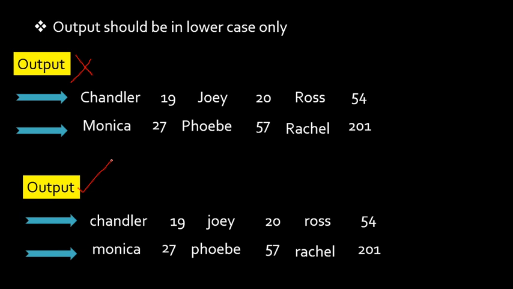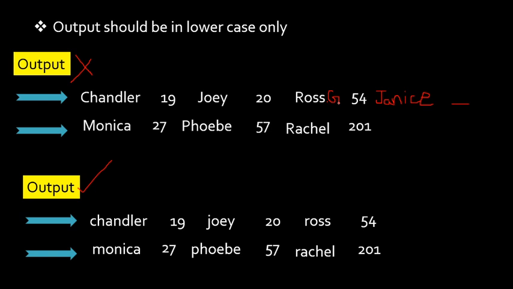Okay, so we will have many confusions here. What if I add one more name here? Say Janice. Okay, I'm adding one more name here. We will have doubts like what if they don't give a number at the end, right? So if I stop it with Janice and if I don't give a number at the end, what will happen in scenarios like this? Or what if the name contains special characters? For example, Ross dot G. If I had some special characters like this, what will happen? We will have so many doubts like this.